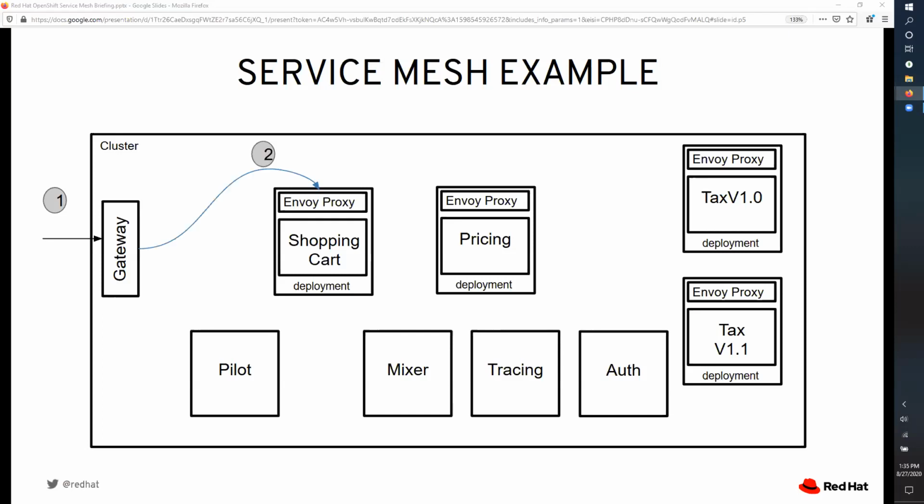The traffic is going to go to the shopping cart service, but it's going to be intercepted by a service proxy. And in this process of being intercepted by the proxy, the traffic is going to be secured with TLS security by default. And when it does that, the certificates for establishing TLS are going to be provided by the